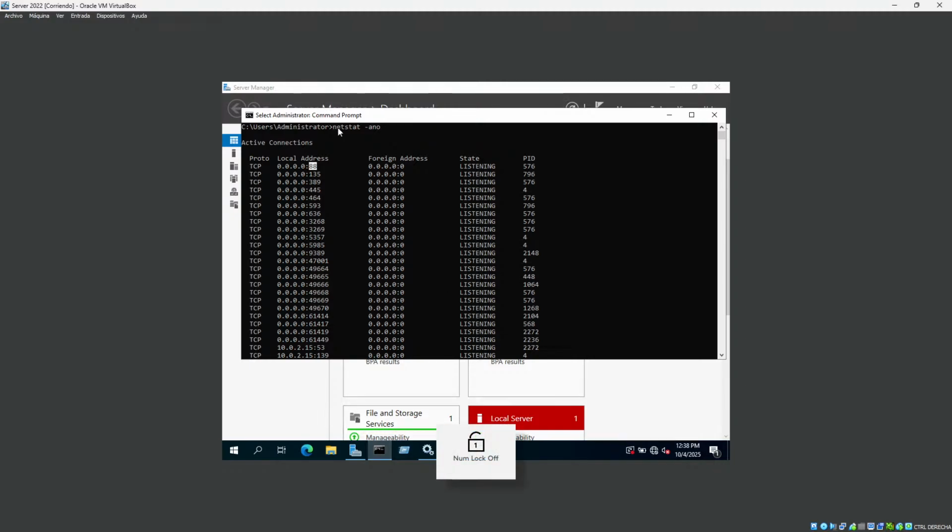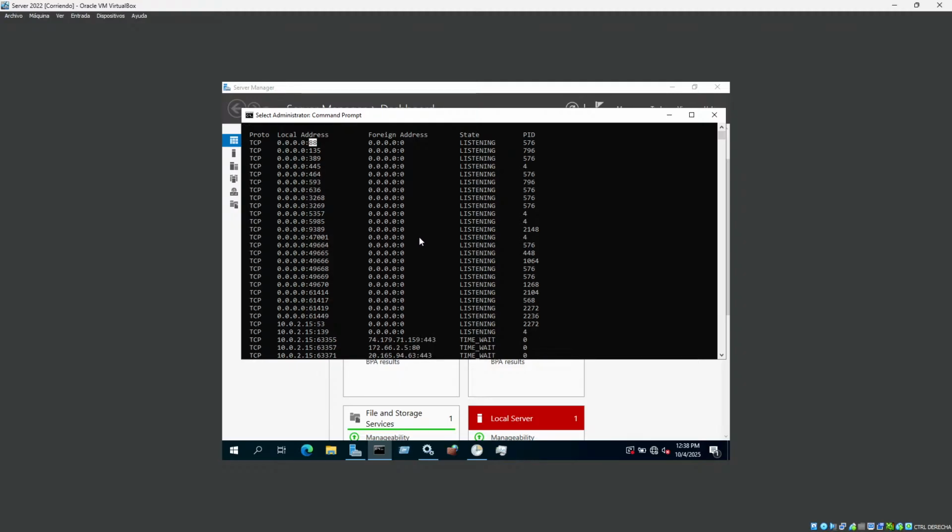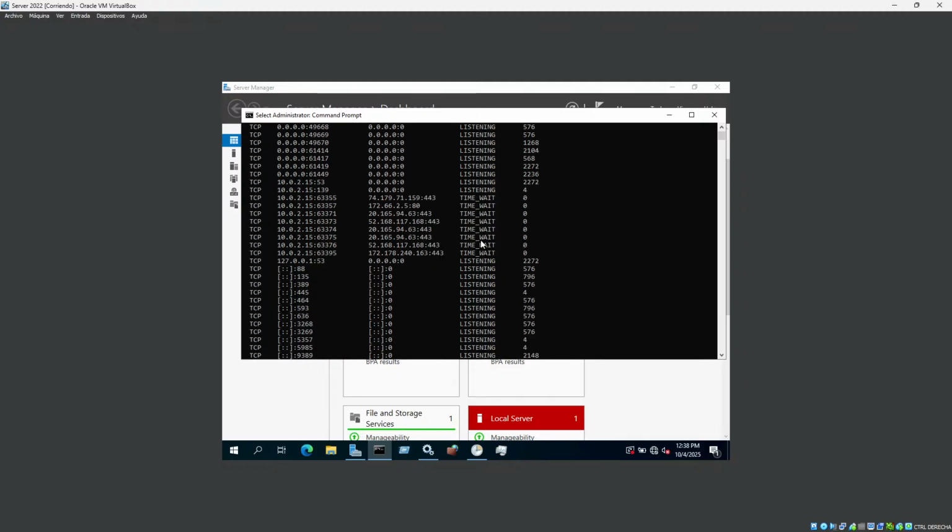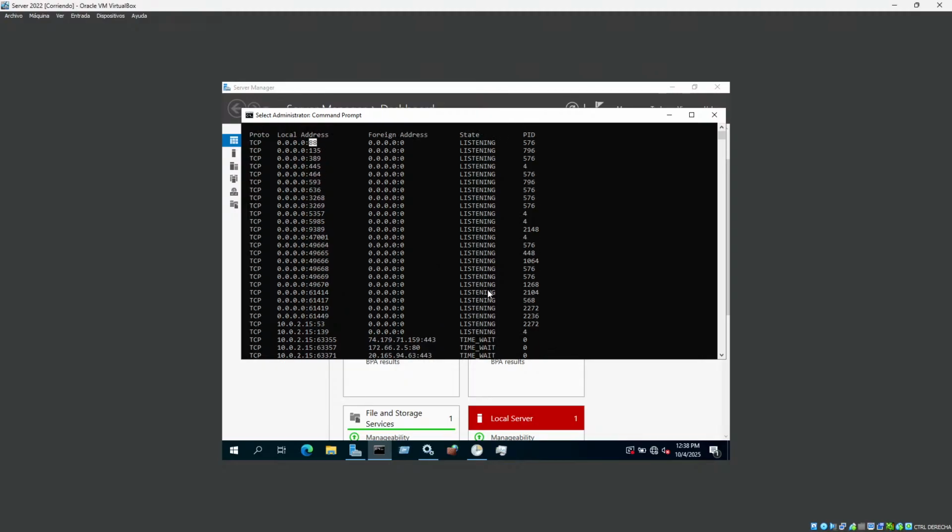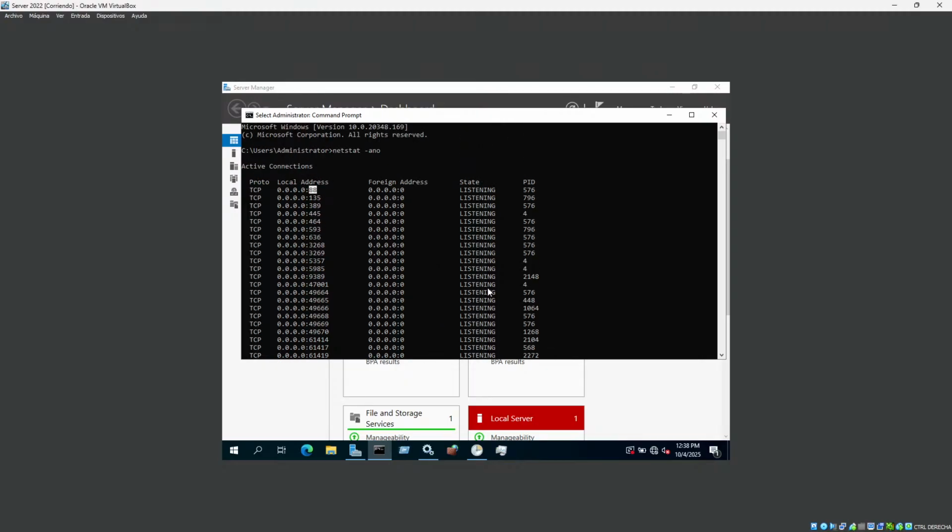with the netstat -ano command, and that showed me all the listening ports and the ports that are waiting. And then, from this list, I focused on two ports I found especially insightful for a domain server, which are